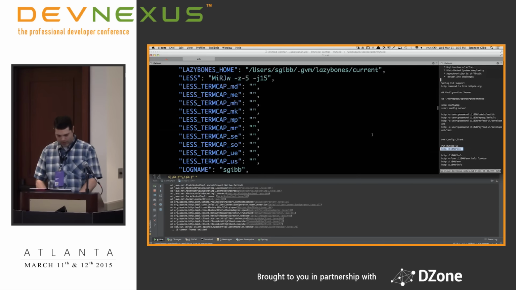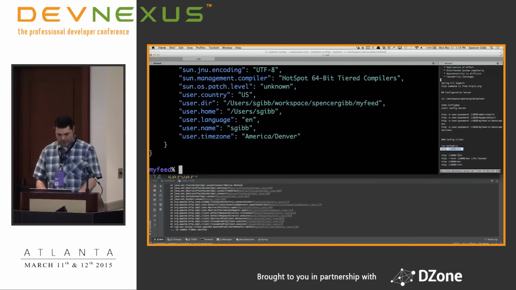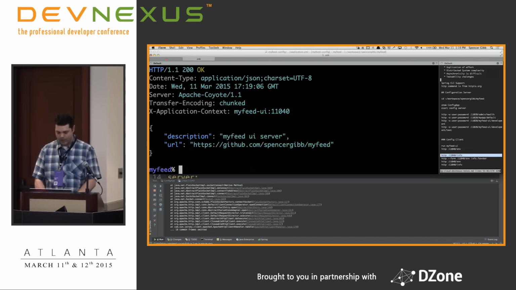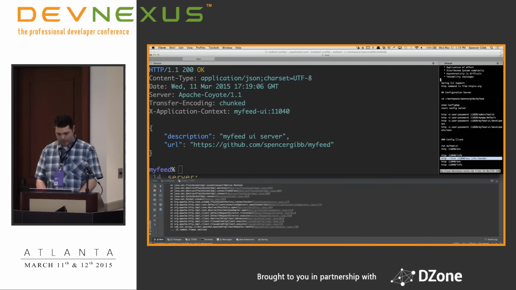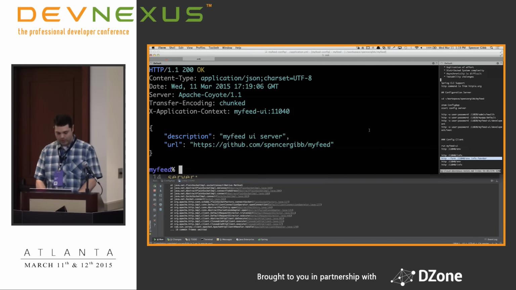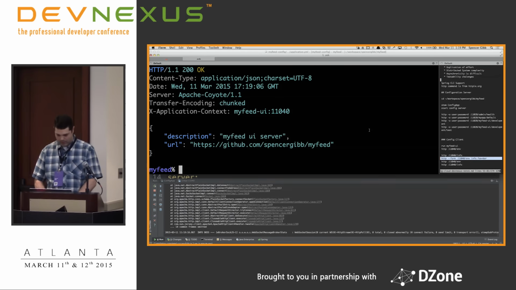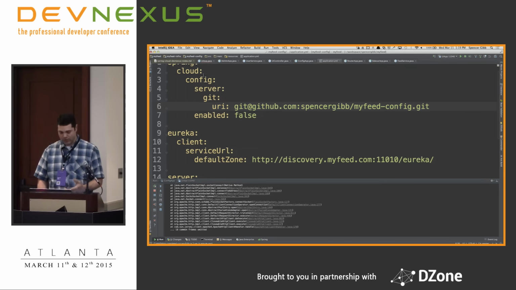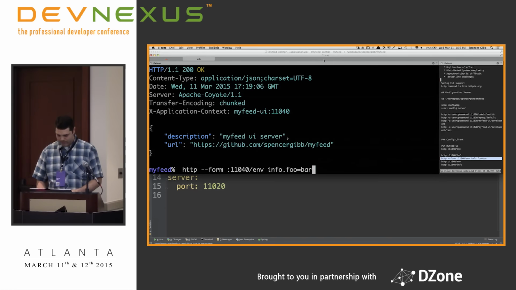One of the other actuator endpoints is just some information. Any properties prefixed with info get shown up here. We added an ability to manipulate the environment for a particular application. So I'm now posting to this application to change or add the foo property.